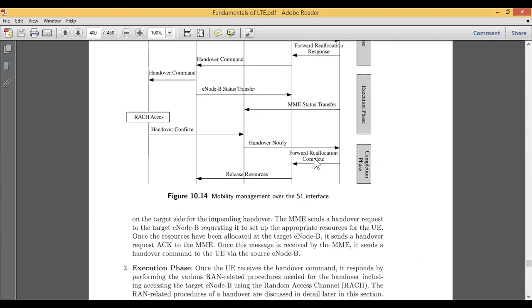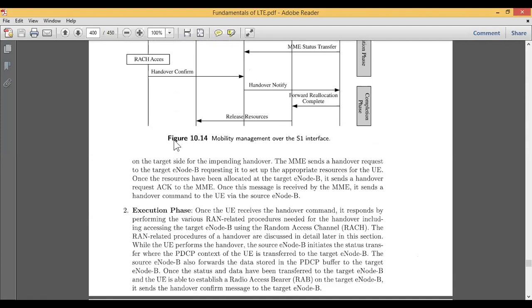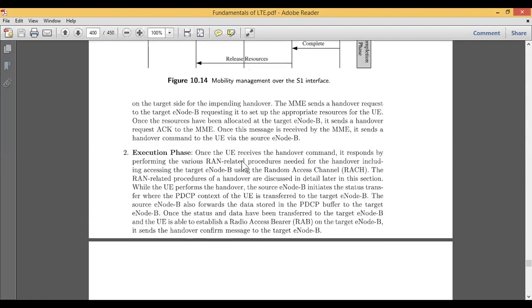In the execution phase, the radio access channels are allocated. Once the user equipment receives the handover command, it will respond by performing the various radio access network related procedures which are needed for the handover, including to the target eNode B using the random access channel, RACH.